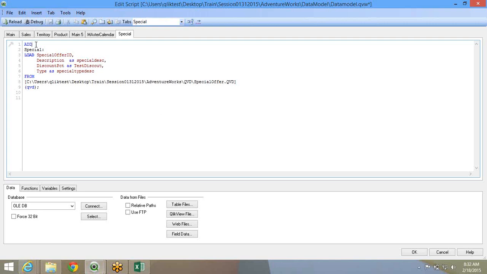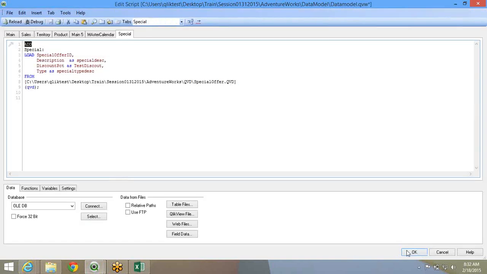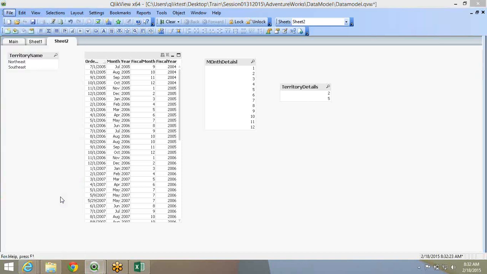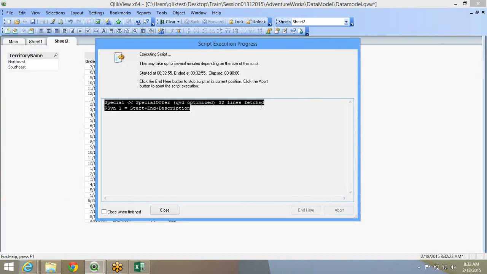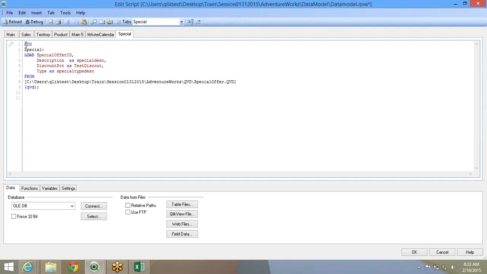What happens is when I have the keyword add and by mistake I hit the complete reload button, ClickView will ignore the add keyword and do a normal reload. In that, the special offer ID also got reloaded. So the add or replace keywords work only when you use the specific partial reload option. So there is a reload option, there is a partial reload option. When you use a partial reload option, ClickView is going to run only that script or that table where the add keyword is there.